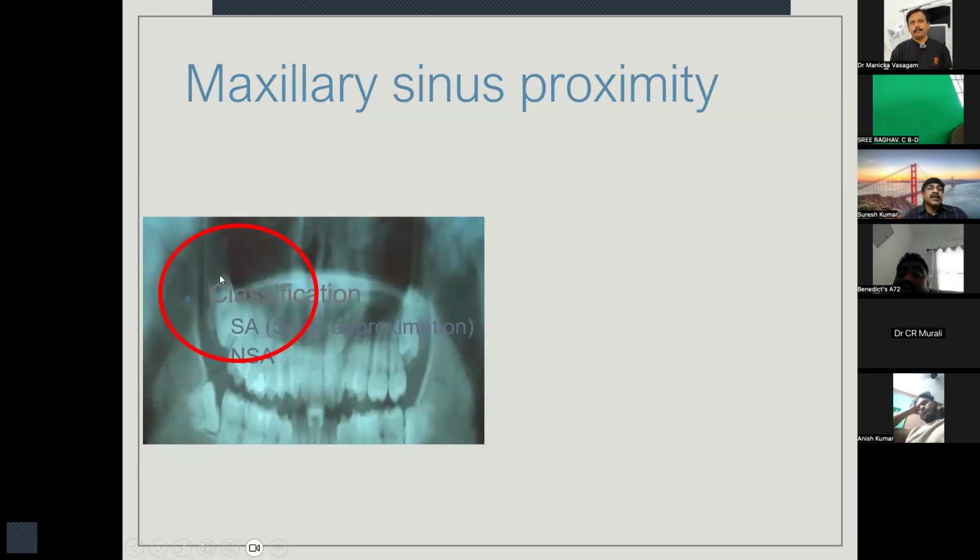And in this picture, I already told you, there is proximity to the sinus. In this kind of scenario, please do not attempt to remove it by yourself. If the tooth is almost erupted, very close to the alveolus, and you think that if you raise the mucosa you will be able to see the tooth, probably in those cases you will be able to do it. Okay.